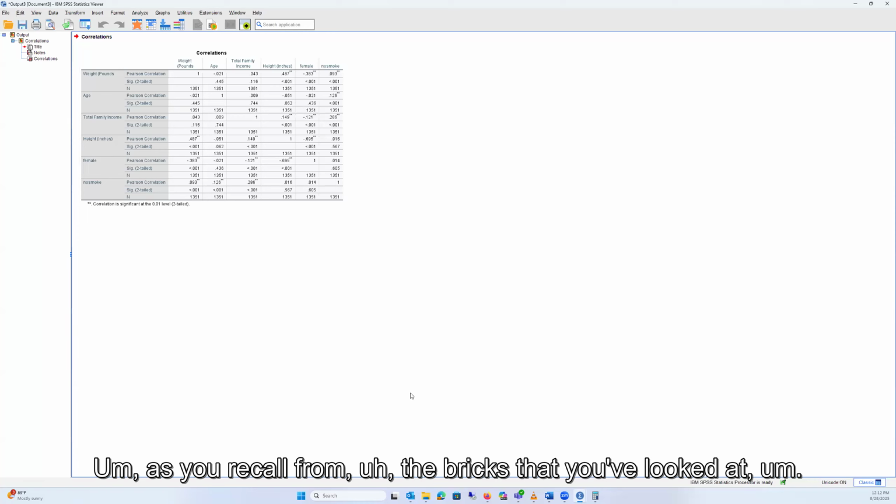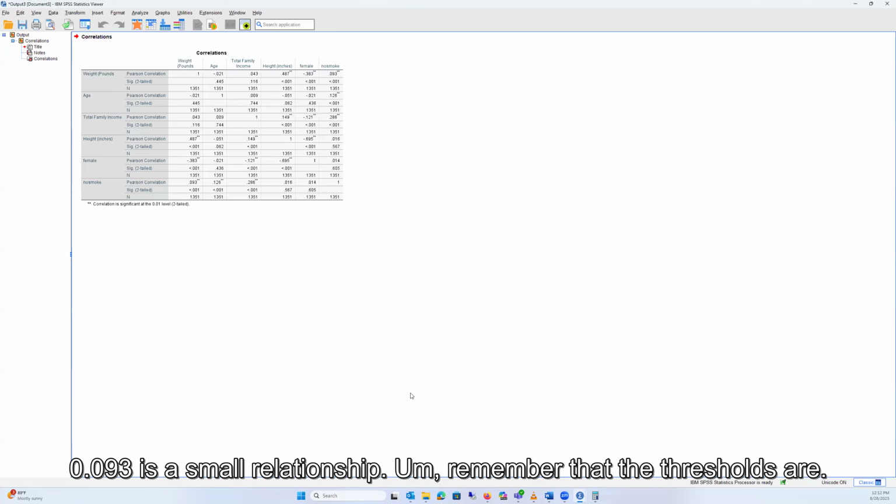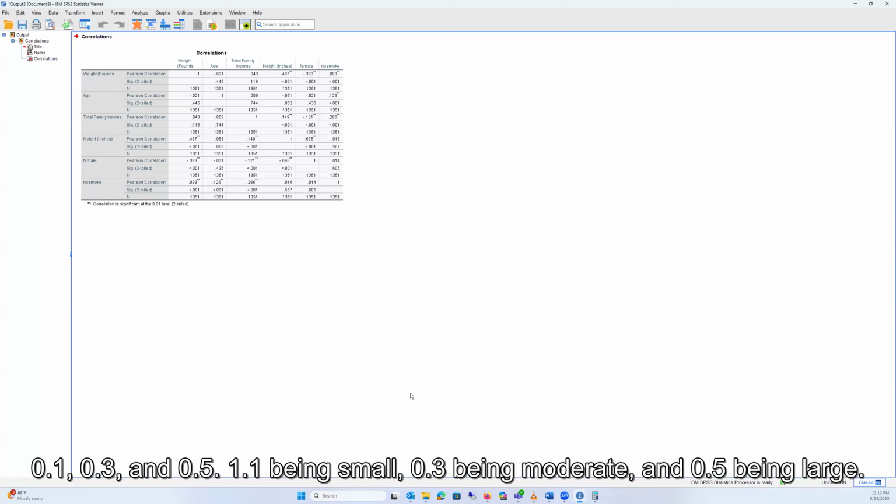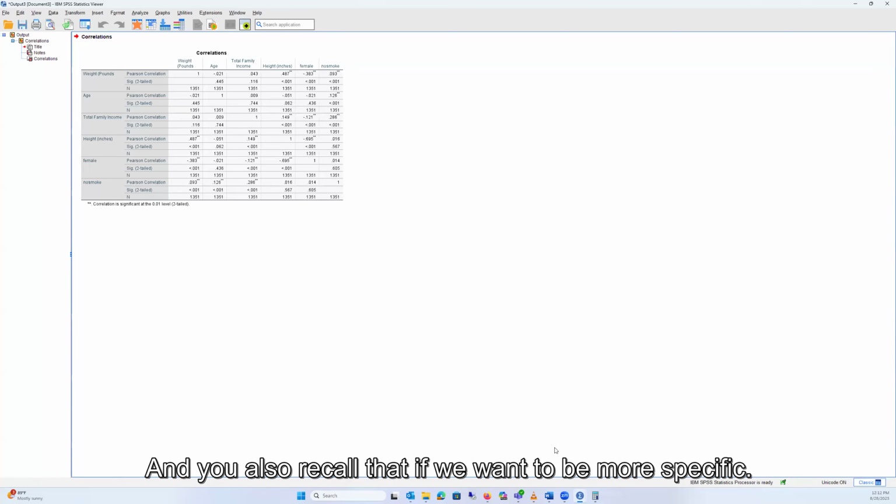As you recall from the benchmarks that you've looked at, 0.093 is a small relationship. Remember that the thresholds are 0.1, 0.3, and 0.5, with 0.1 being small, 0.3 being moderate, and 0.5 being large. And you also recall that if we want to be more specific,